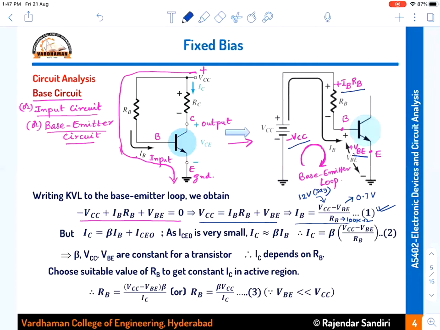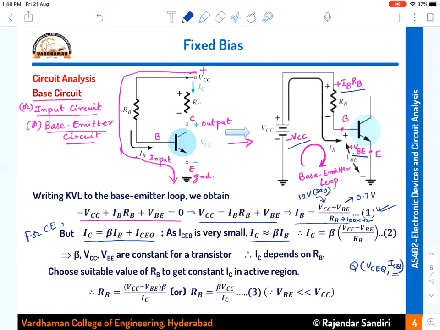Now we are actually calculating the operating point, right? The intercepts are VCEQ comma ICQ. Now I got IB, but I actually require the y-intercept, ICQ. To calculate this IC, we have the equation IC is equal to beta times IB plus ICE naught for CE configuration. We are seeing CE configuration only. But ICE naught is very, very small compared with beta times IB. Therefore, I am approximating that IC is equal to beta IB only.